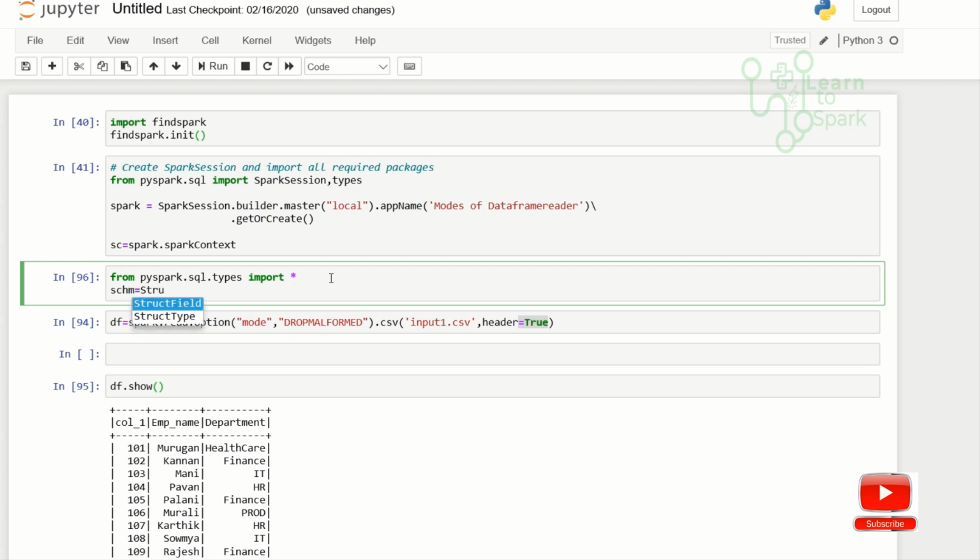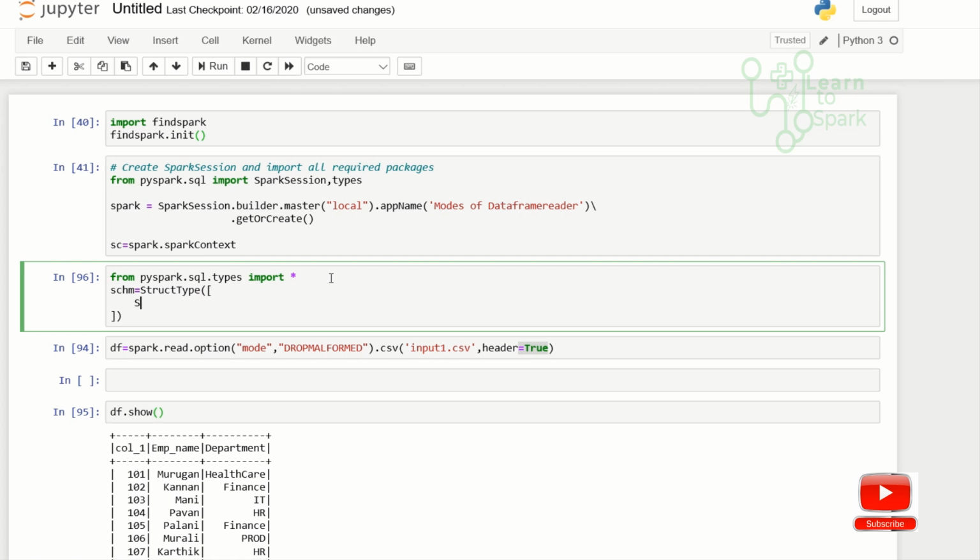I am defining a struct type schema here, and a struct field. Instead of giving the column names same as in the CSV file, I will define them as col_1 and so on.